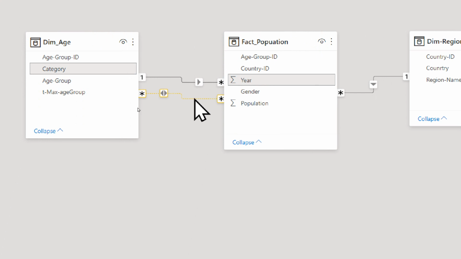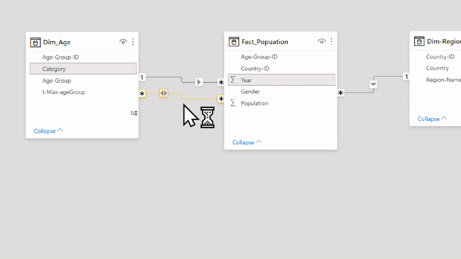If you are saying inactive, then what is the use of it? Inactive means it's not active. You cannot filter with this relationship. But there is a DAX function which will work with an inactive relationship, called USERELATIONSHIP. In that function, only for that particular case, it will explicitly make it active, and once the execution is done, it will go back to inactive. At any point of time, two relationships will not be active. Only one relationship is active at any point of time. That is the reason we make another relationship inactive.